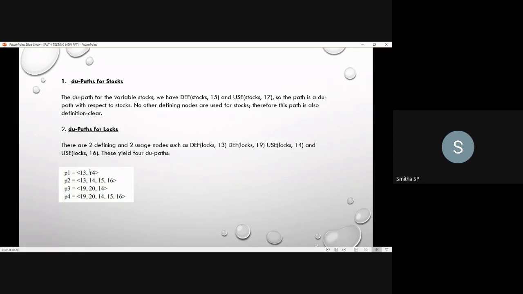In the 13th node, you have asked for the input for the locks value, and in the 14th line you are checking whether the locks value is equal to -1 or not. That is path 1. Then in path 2, the locks value you have defined in the 13th line, you will get some value and use that locks value for the total locks updation in the 16th node. So the path here is from the 13th to the 14th. You will check whether the locks value is equal to -1 or not.